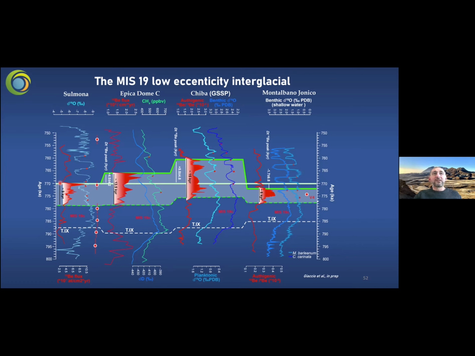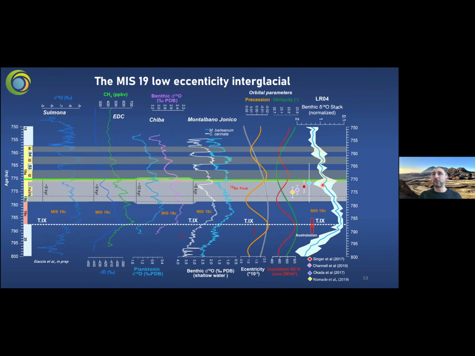So what I mean is the fact that the end of the overproduction should be synchronous in all these records. If you do that and just draw a line across this edge, which is well constrained by this argon-argon edge, this is where it should be in every record. You could see there is a difference of 10 kiloyears here, or 5 kiloyears here. So what happens if now we assume that it should be synchronous, so we shift all these records to have an homogeneous end for the barium peak. We do that. This is what we obtain.